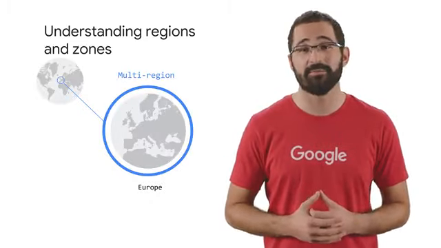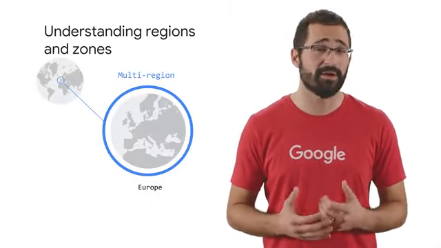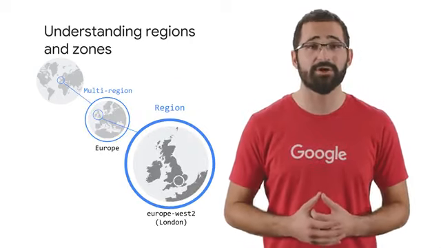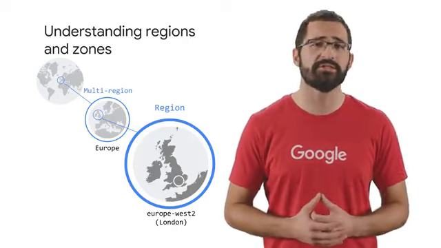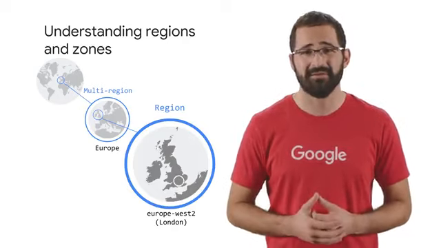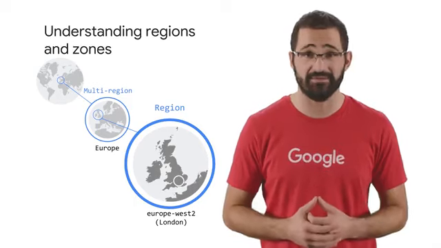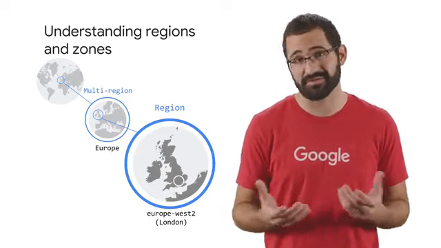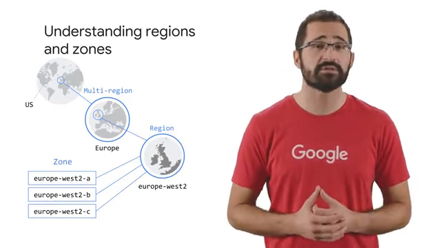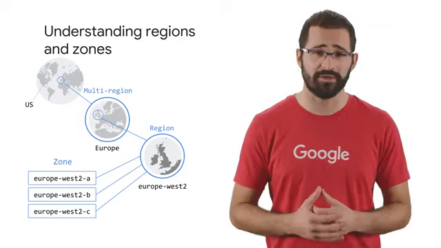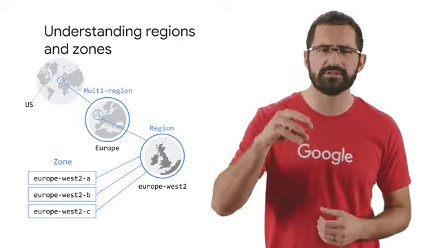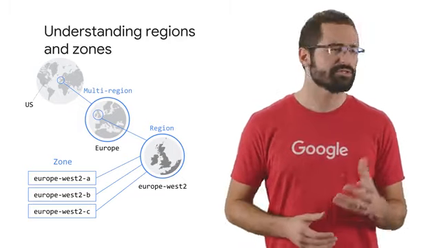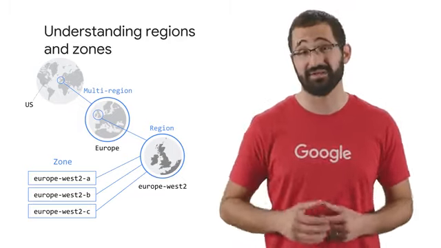It divides the world up into 3 multi-regional areas: the Americas, Europe, and Asia Pacific. Next, the 3 multi-regional areas are divided into regions, which are independent geographic areas on the same continent. Within a region, there's fast network connectivity, generally round-trip network latencies of under a millisecond, and that's at the 95th percentile. Finally, regions are divided into zones, which are deployment areas for GCP resources within a focused geographic area. You can think of a zone as like a data center within a region, although strictly speaking, a zone isn't necessarily a single data center.